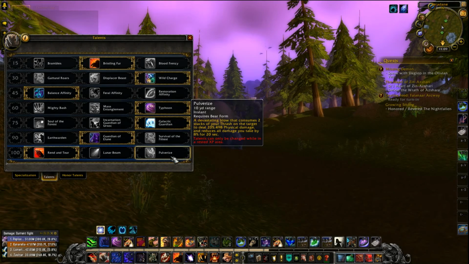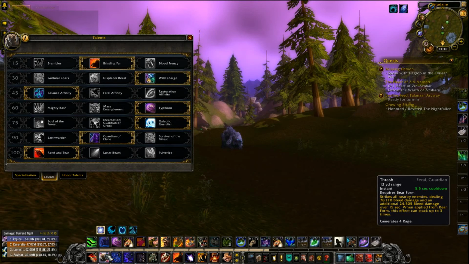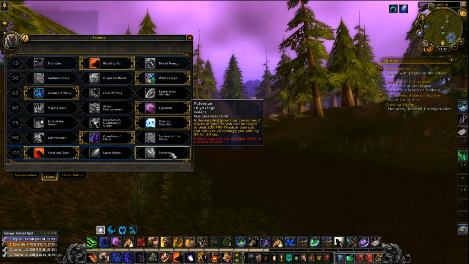And then you've got Pulverize, which does, you're right, provide an 8% reduction baseline. So by default, 2 more than Rend and Tear. Oh my god, 2% more. But it consumes 2 stacks of your Thrash, which in my mind makes it kind of clunky, and it does cost you some DPS because now I have to stack 2 more stacks of Thrash every time I Pulverize. It takes me about 10 seconds to get 2 more stacks of Thrash,